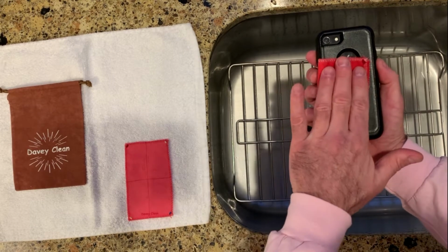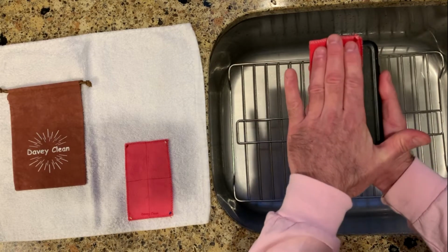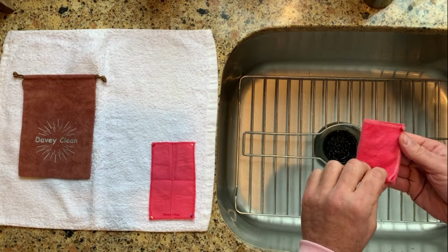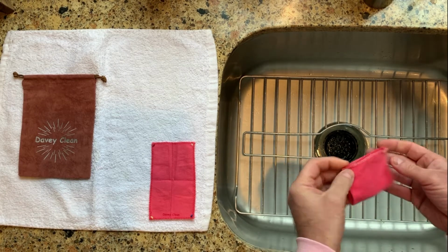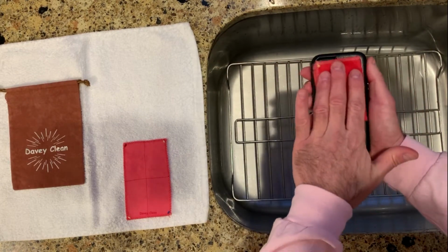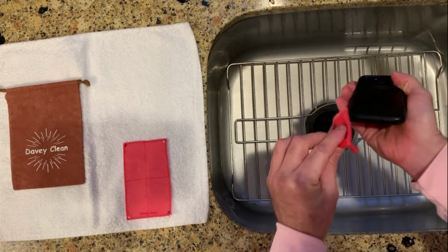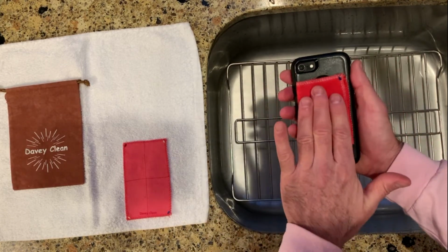We take the white, we do an outward motion around the side of the case. We're done with our second pass on the phone. Now, with the light stitching remaining on top, fold inside out to the yellow and blue corners. Blue corner on the back, we make our outward motion. Again, with our blue corner, we're going to get our crevices on the phone. Then we have our yellow